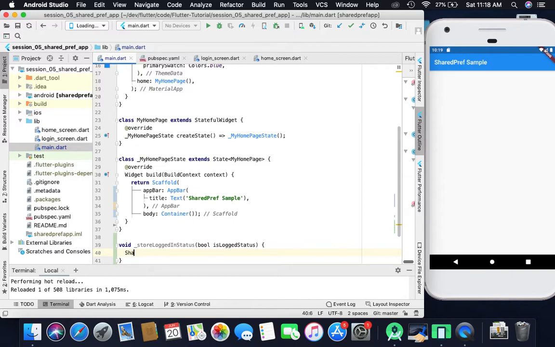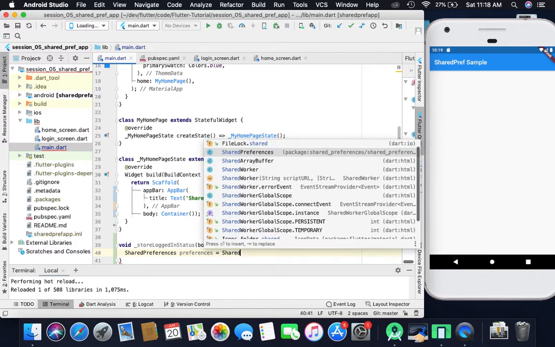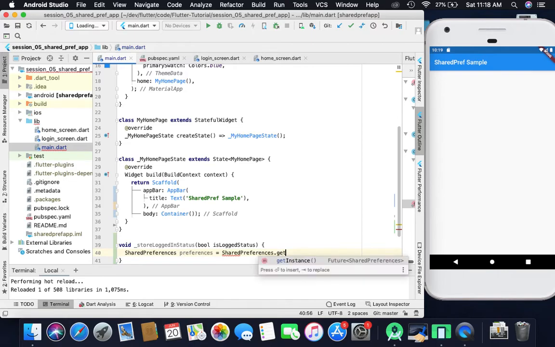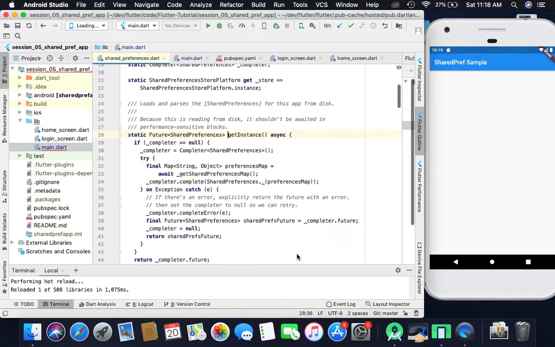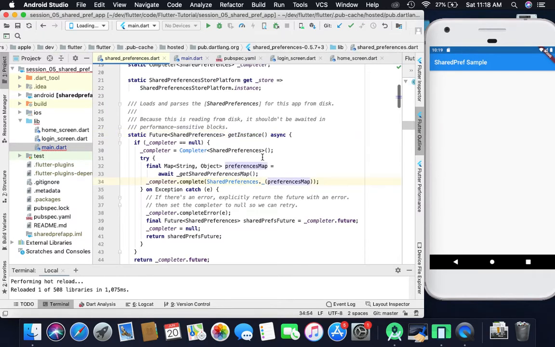To use shared preferences, you have to create the instance of it: preferences, SharedPreferences.getInstance. This is the default method provided by shared preferences, and you can see it is providing a getInstance, which means it is a singleton class. You can see in the inner implementation that it returns only a single instance once you create it in your application.